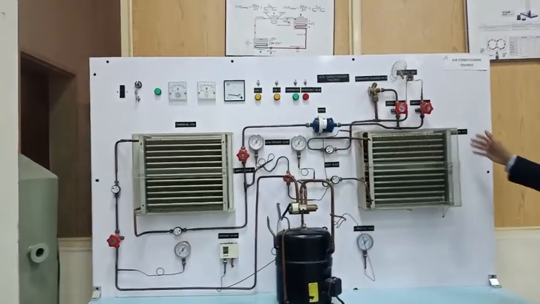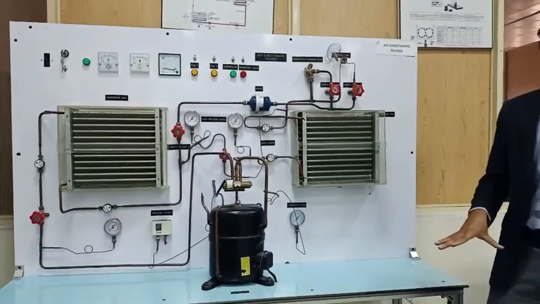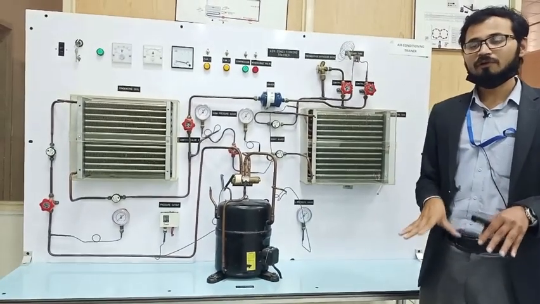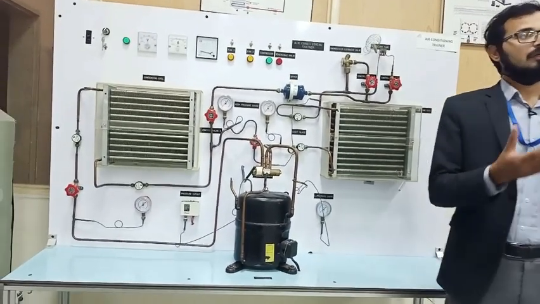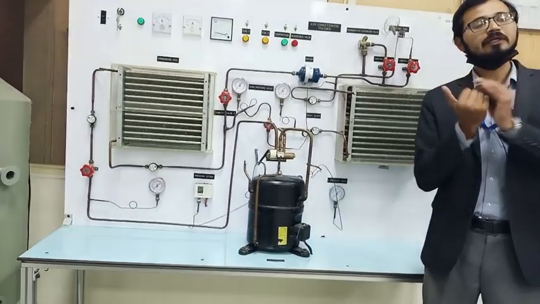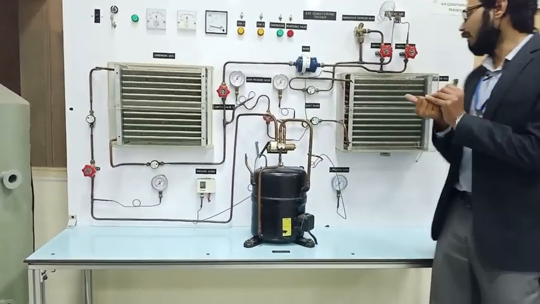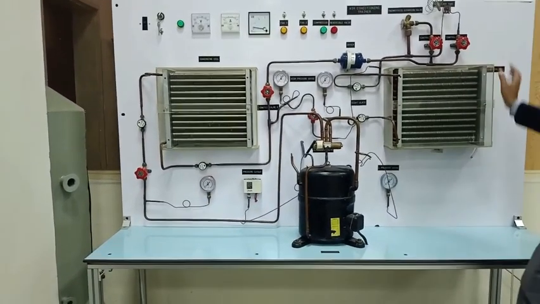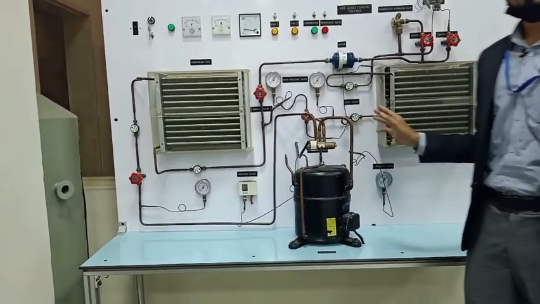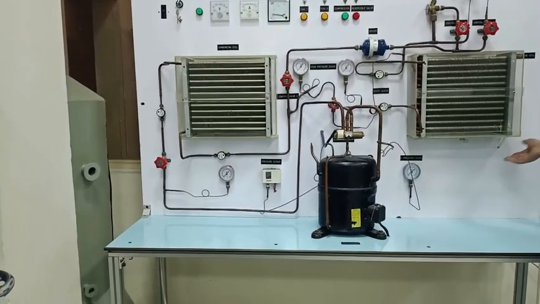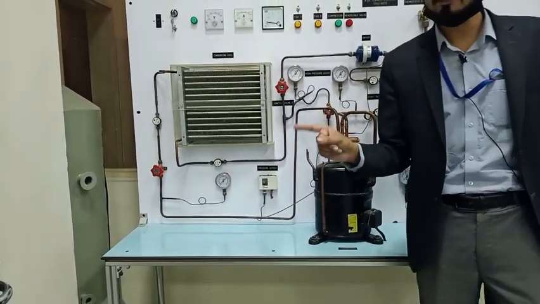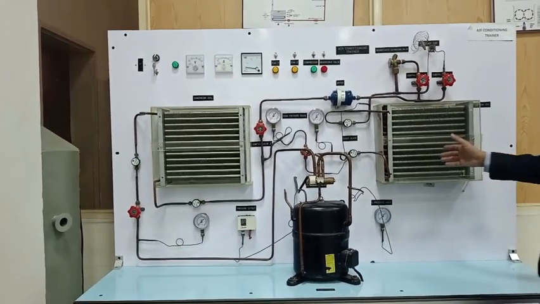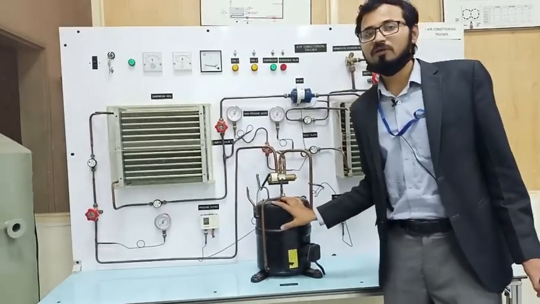And again, evaporation coil is indoor. In case of refrigeration and air conditioning, it is always the indoor. So what will happen within the indoor? It will absorb the heat from the indoor and convert the low pressure, low temperature liquefied refrigerant into low pressure, high temperature vapors. So output of the evaporator will be low pressure, high temperature vapors. That will be the input of the compressor section.